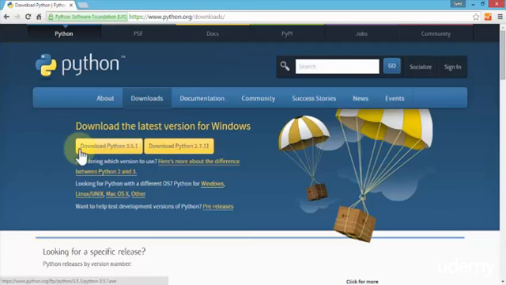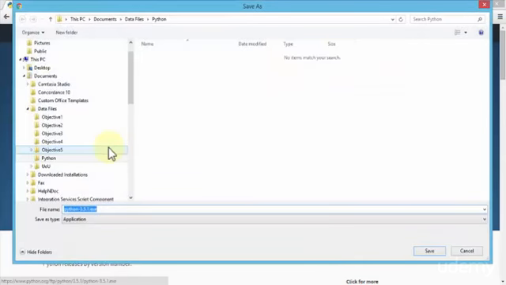So once you are on the home page, just simply click on download Python 3.5.1 and it opens up an area where you need to save the program. Notice the file name is python-3.5.1.exe, which means an executable file. And I'm going to download it in my data files folder, and I've created a folder called Python, and this is where I'm going to save the application. So once I click save,